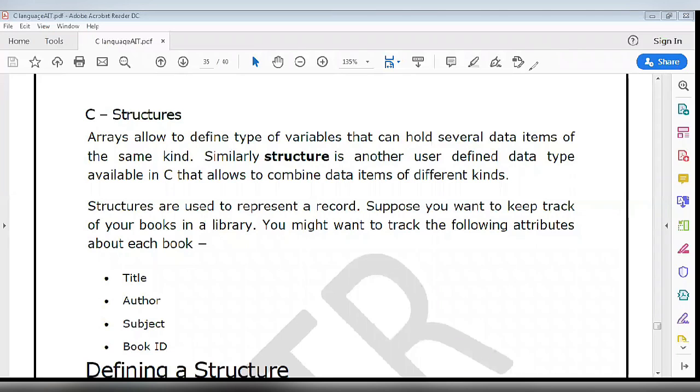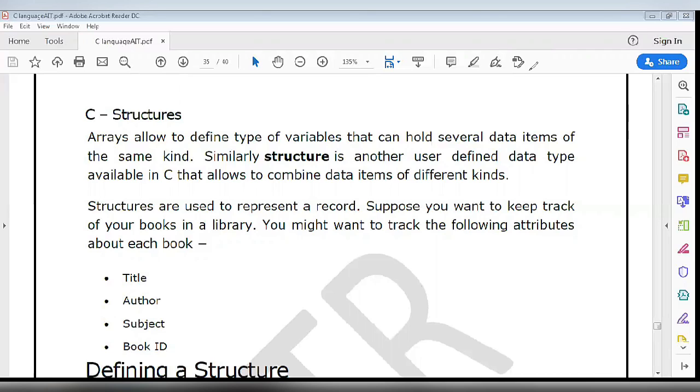An array helps us to store a number of elements of the same type in memory. In the same way, a structure helps us to store data of different types in a single structure. Basically, structures help us to handle heterogeneous or different types of data in a single block of structure.